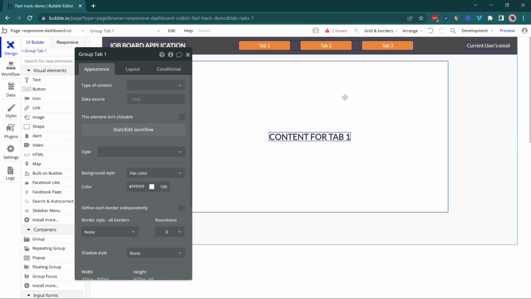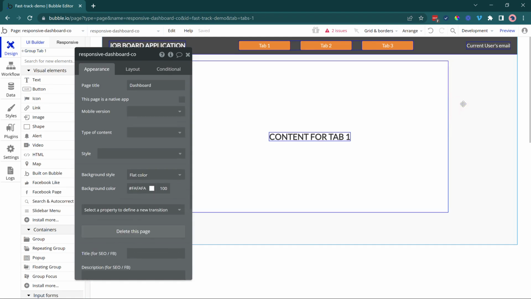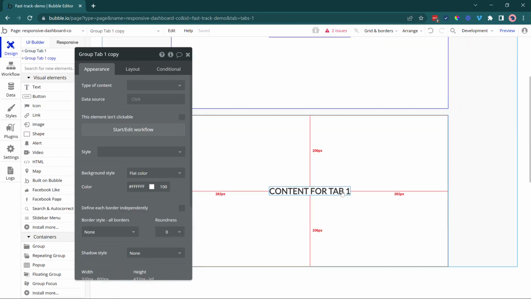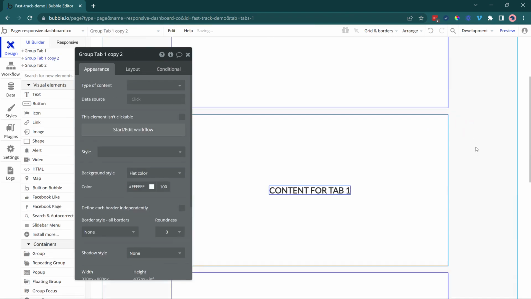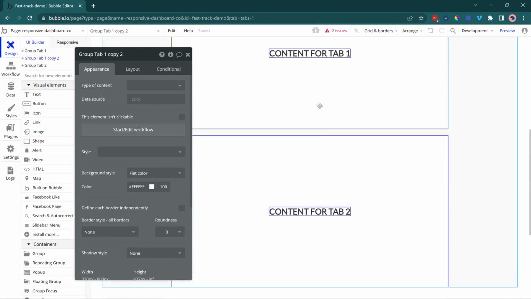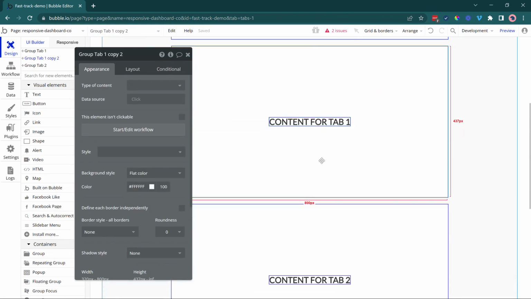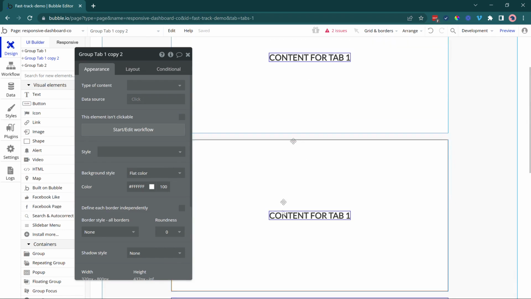Okay, so I'm going to select this group and copy it. I'm just using my keyboard shortcuts, Control-C, and then I'm just going to click on the page and Control-V. Right, so my second group is there, and I'll make sure to rename these group tab 2. This is going to be content for tab 2, and I'm going to do it one more time here for the third one. Right, so it looks like it pasted my last copy in between my groups 1 and 2,